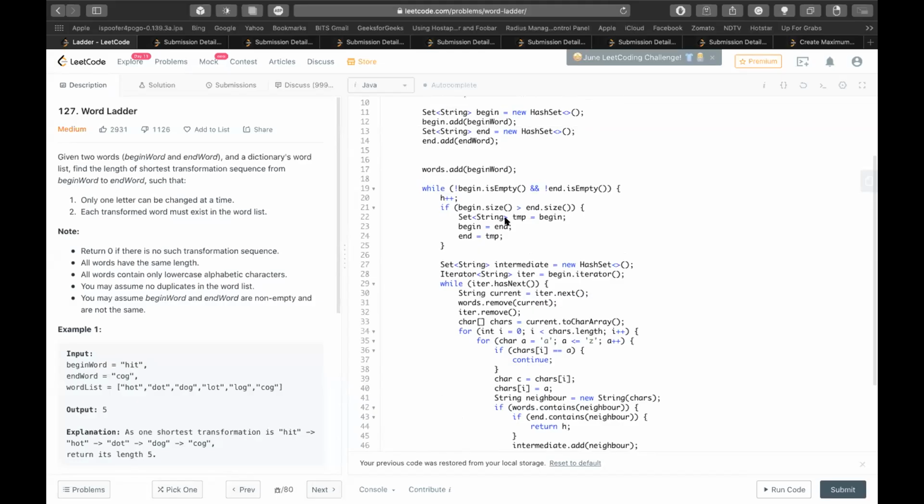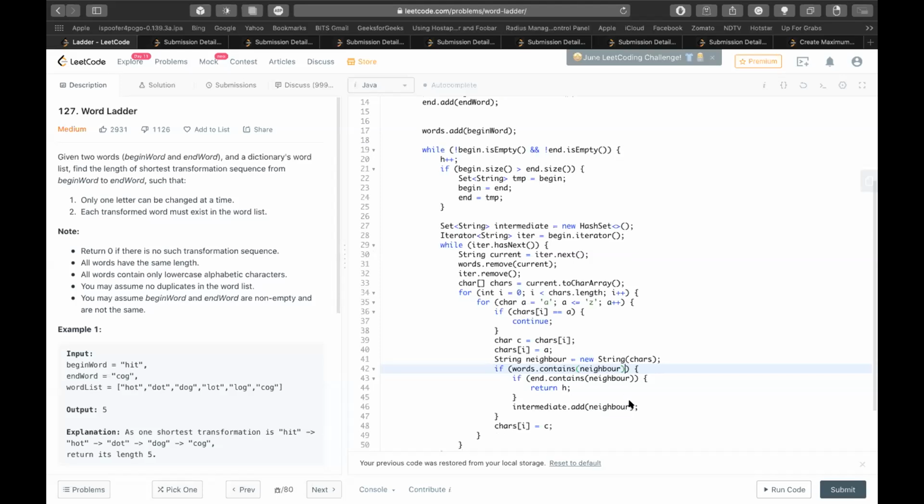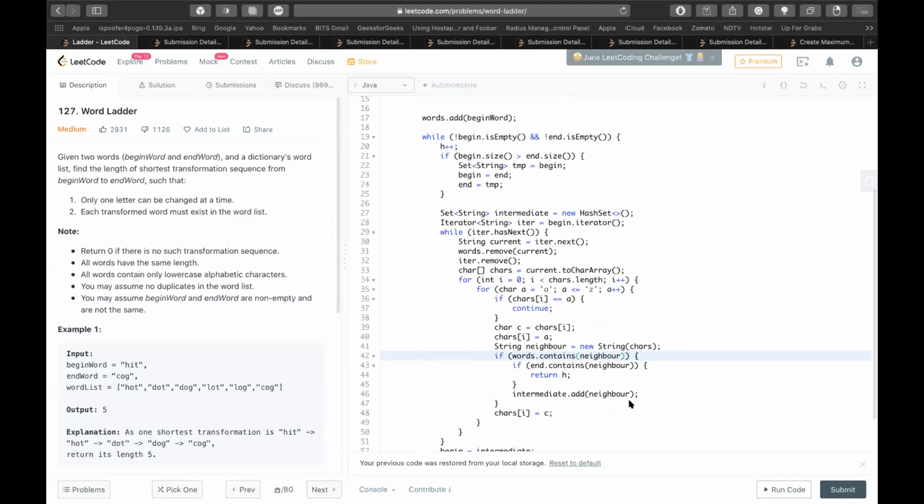One doubt is there. In the if condition at line 42, you check if the word contains the neighbor and the end contains the neighbor also. Why are you checking both, and only then we return? I didn't get that logic. If the word is in the dictionary, go ahead with that. Basically, some of the words might have been already visited as well.